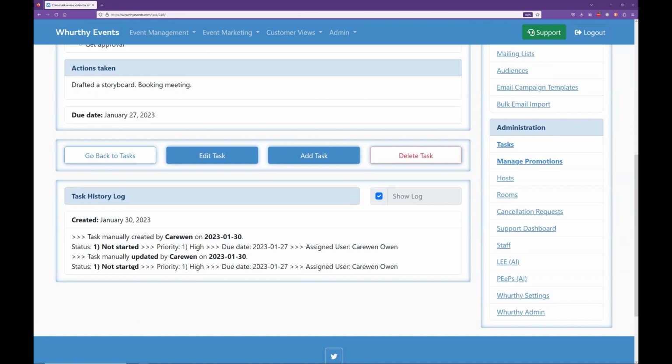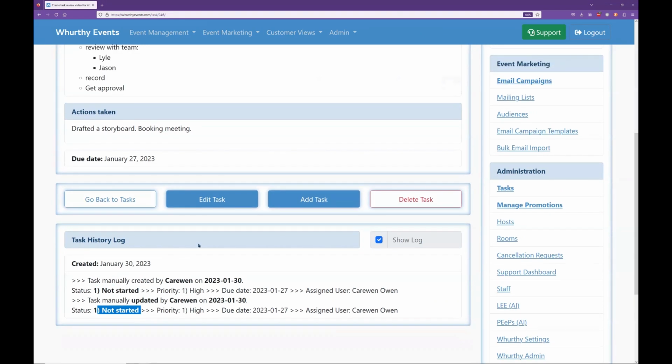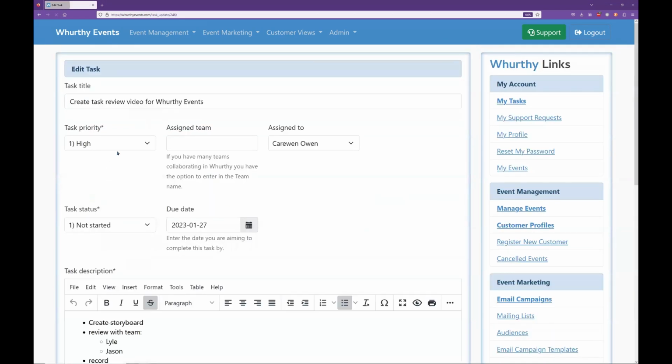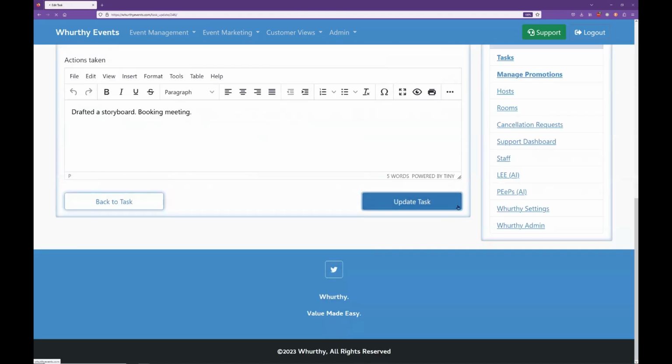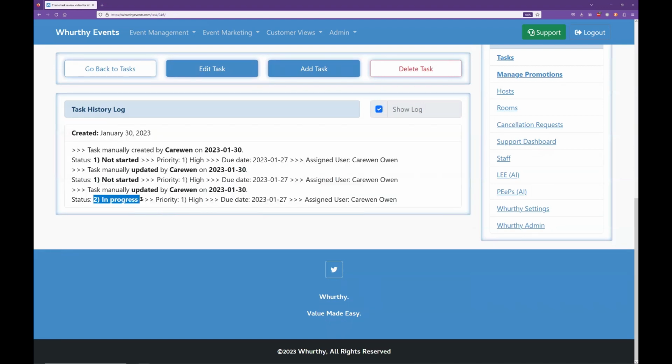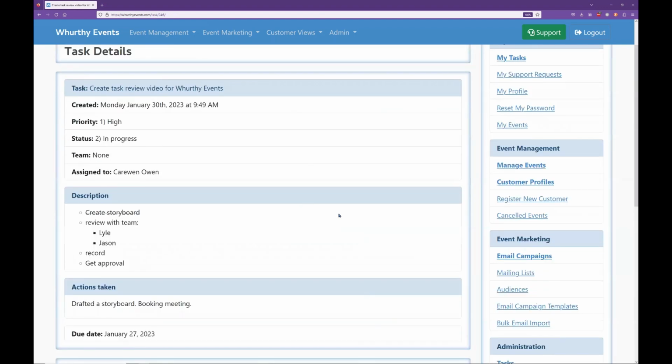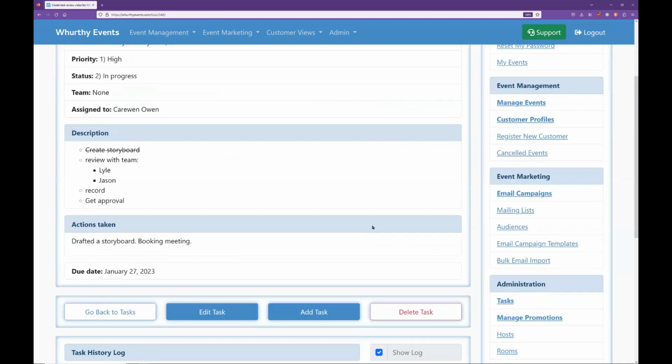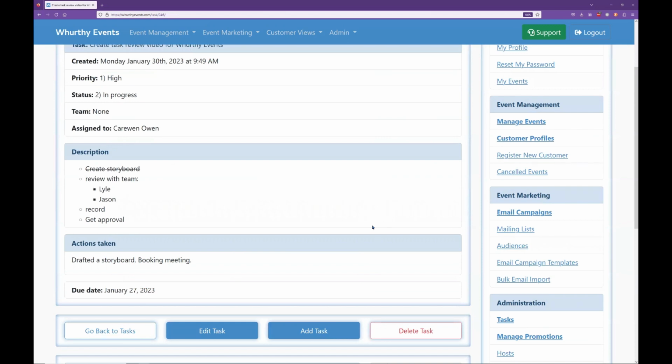And I've even noted actually that I left the status as not started, but I'm going to edit it once more because the reality is, in this case, it's actually in progress. I'll go and update it. And now when I go to the bottom, we can see it's actually tracking that the status had changed to in progress. So with this in mind, this really is a value-added tool that's embedded as a part of Whurthy